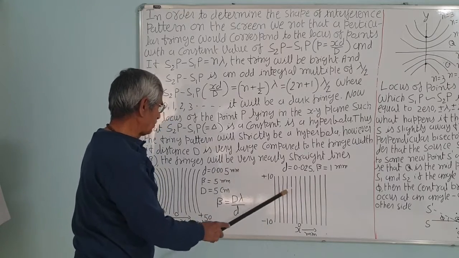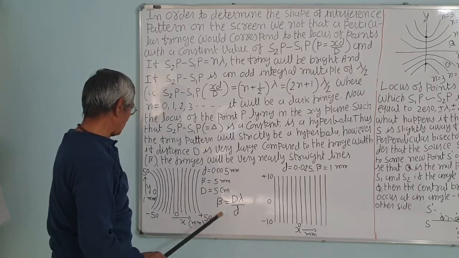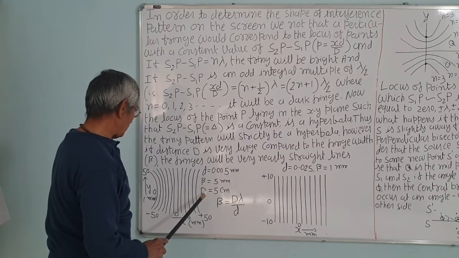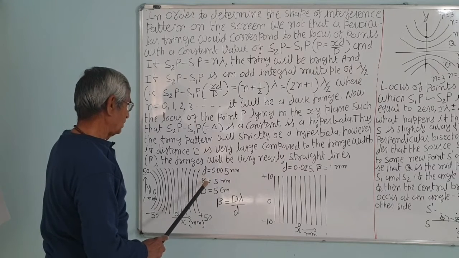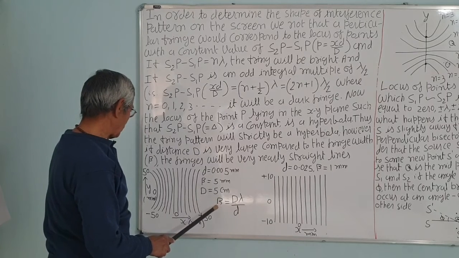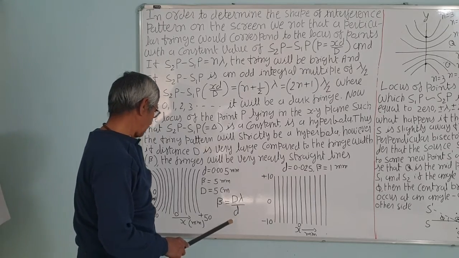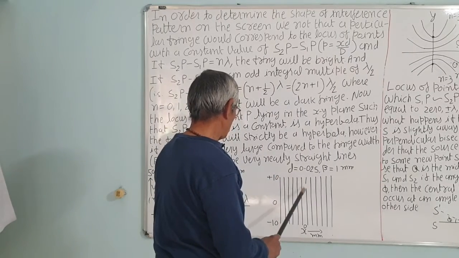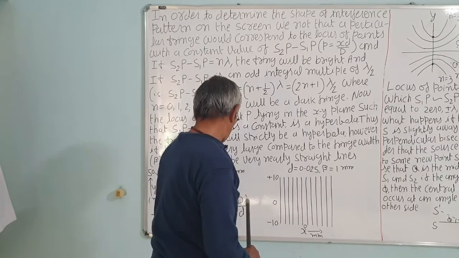These are computer-printed photographs, computerized photographs. So d is 0.005 millimeter. What is the fringe width? Beta is 5 mm. You can calculate from this. Everything is given, correct? D is 5 centimeter, that is 50 millimeters. So you can use beta is equal to D lambda upon d. For yellow light you can use. So here fringes are almost straight lines, correct? Straight line fringes when D is large.